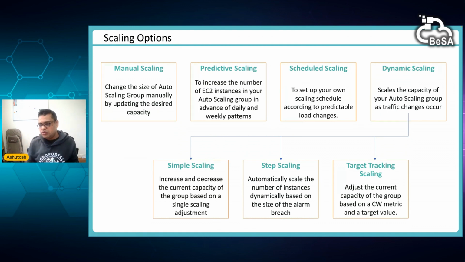So same thing, you can have a target. It can be memory, it can be CPU, it can be anything else as well, like number of connections. It will make sure that level is maintained, and for that, whatever scale in or scale out event is needed, the system will take care of it. So depending upon your need, you can have any of these, except manual.